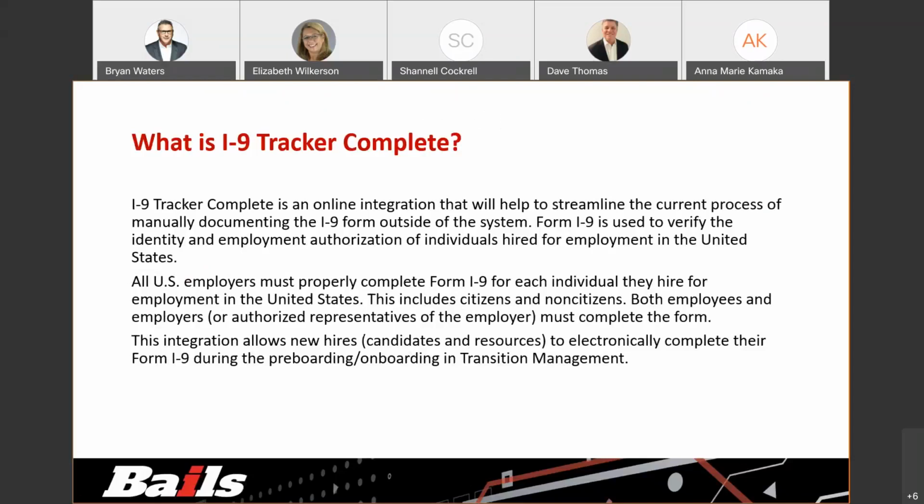So what is I-9 Tracker Complete? I-9 Tracker Complete is an online integration that helps streamline the current process of manually documenting the I-9 forms outside of the system. A lot of clients right now either use a third-party integration or they are manually doing paper forms